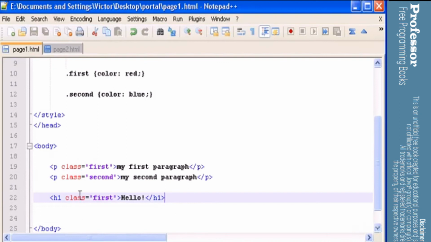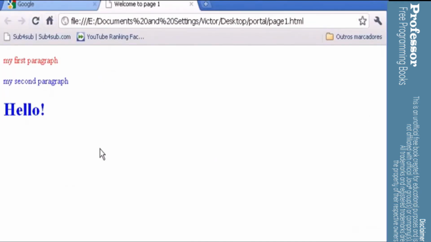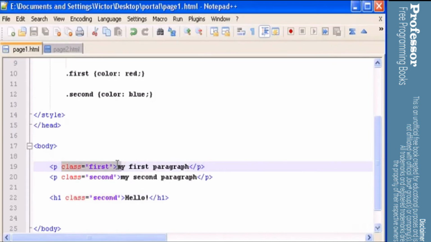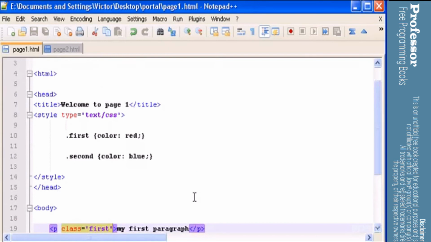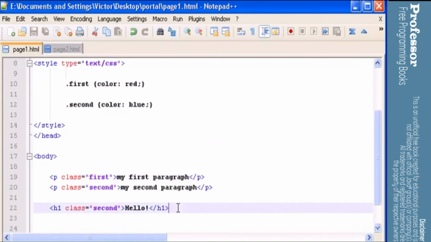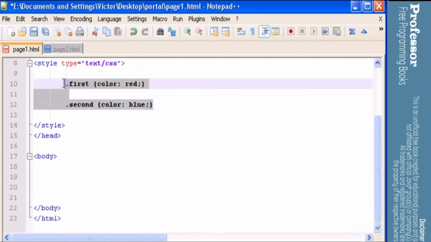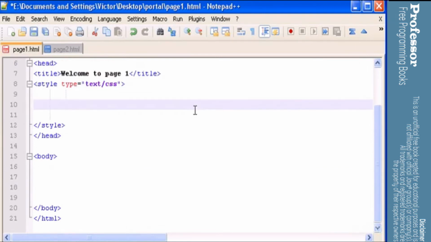Okay, if I change this to second, it would change to color blue. Okay, see? Okay, so you can use the same class name as many times as you want for different tags. Okay, so this is how classes work, and now I'm going to show you a similar technique which is called